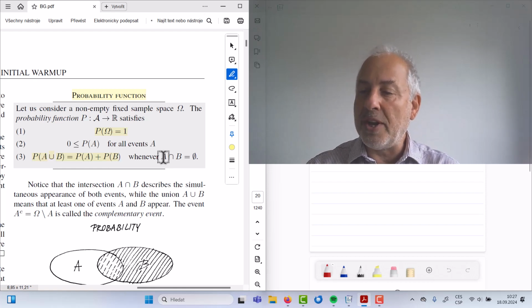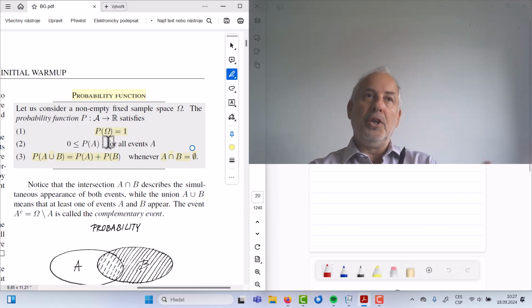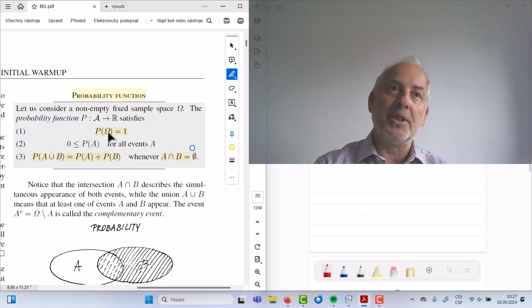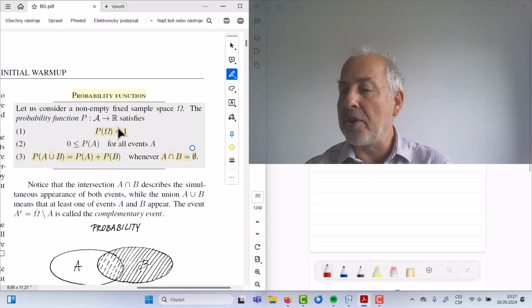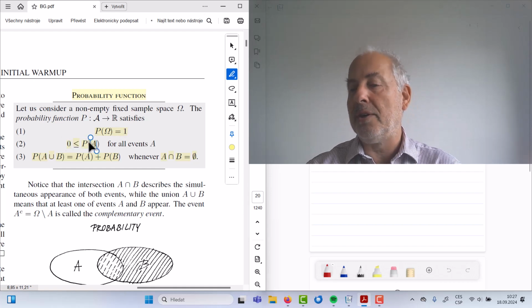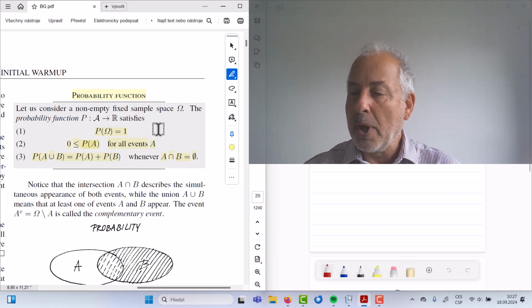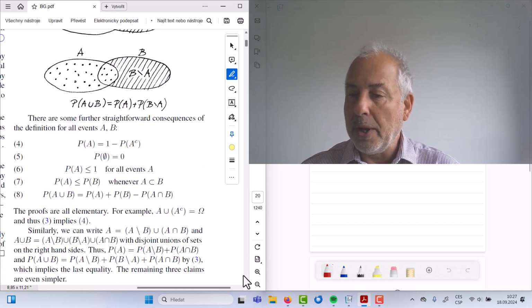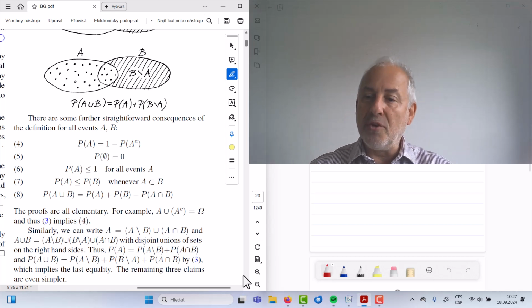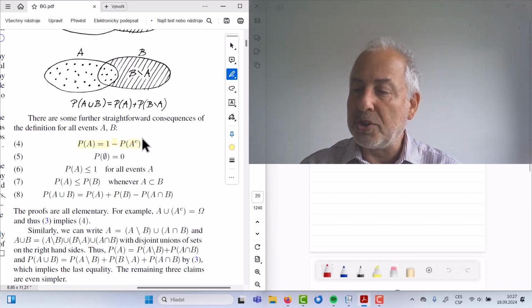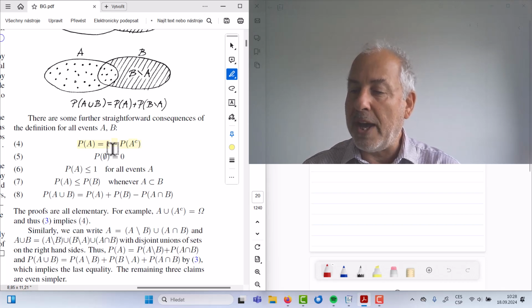If I wish that whenever the subsets are disjoint, then the probabilities are added. And then of course each subset has a complementary subset, and the complement of the whole of omega is the empty set, and so the empty set must have probability 0, right? And we require that the probability of everything is something between 0 and 1 this way, right? So that's it, right? So this is the probability. There are some simple consequences of our definitions, right? So one of them was this one: A^C is the complement of A.